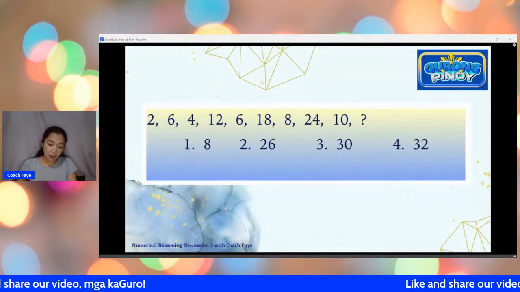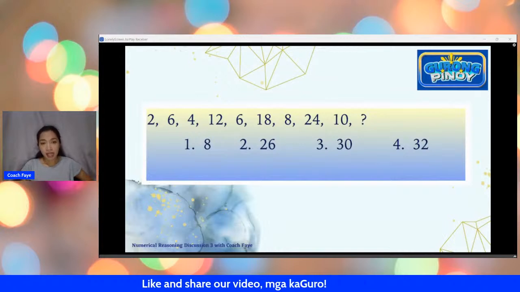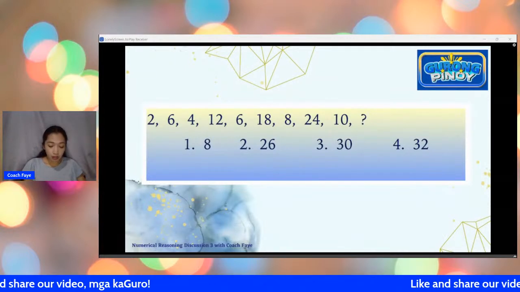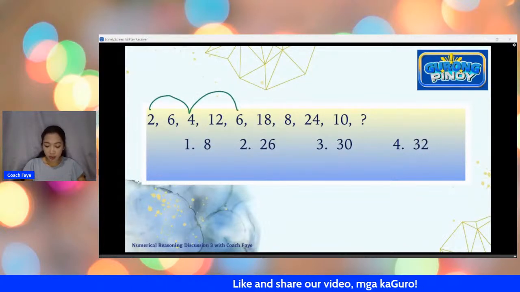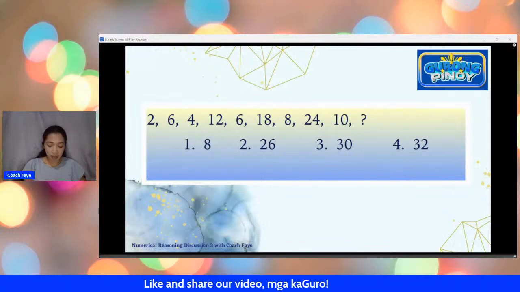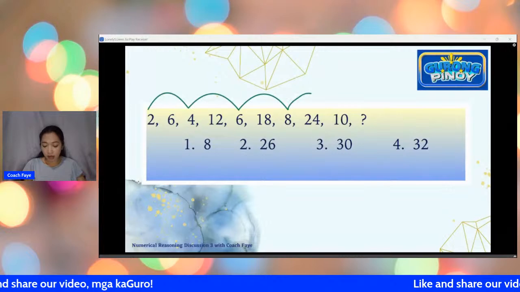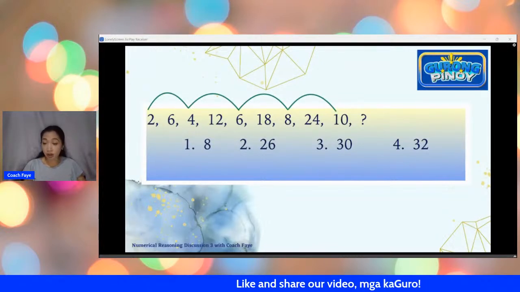Kasi in math, it's not always about doing the thing exactly the same way as the teacher. Sometimes we get to see different things. As long as you don't disobey any rules, then expect that you will still arrive at the same correct answer. Just do not disobey any rules in mathematics and you can get the same correct answer all throughout.